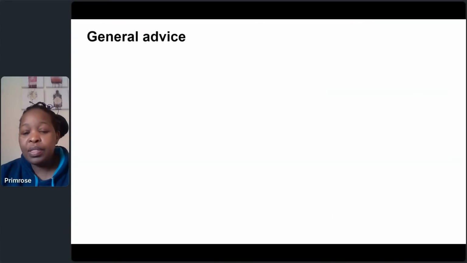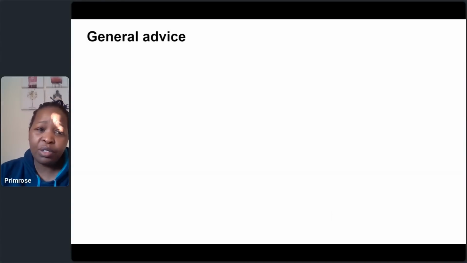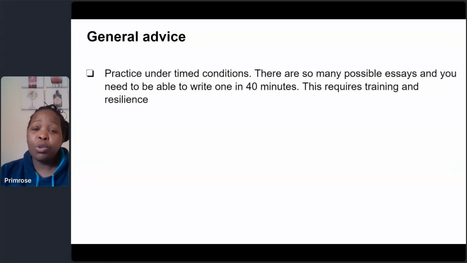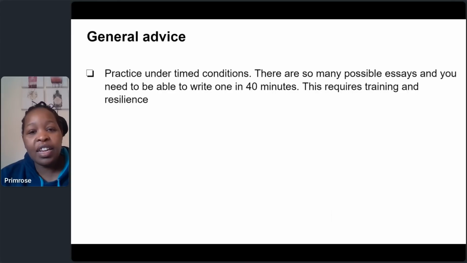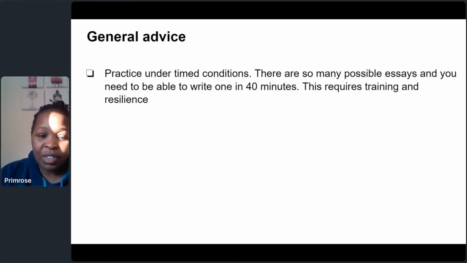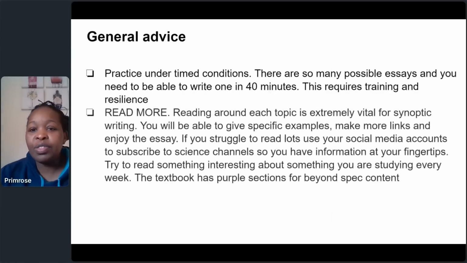Okay, so then we just move on. Okay, so you've done the science, you've made sure that your core knowledge is secure, you understand how to do application. What do you then do next? When you start practicing this, it's going to take you a lot longer than 40 minutes. Still time yourself, and what you should see over time is that you are getting closer and closer to that 40 minutes. The more content you become confident with, the more likely it is that you will stick within that